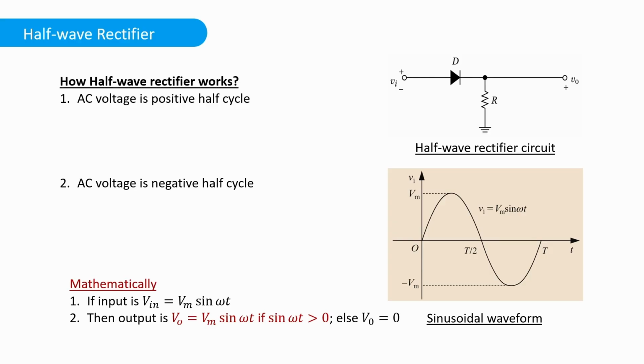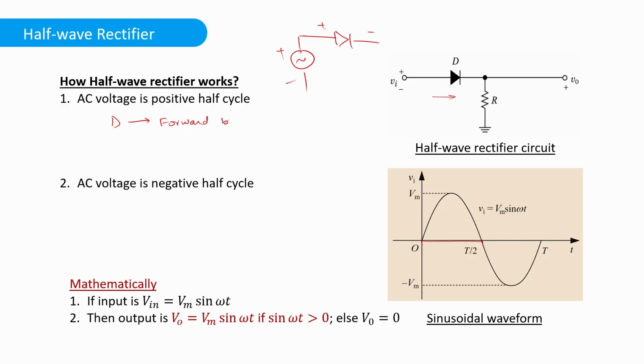So when we talk about AC input voltage, the source is drawn like this, plus minus, or you can see it over here. We have this input as AC. Okay, remember this. Previously I drew a battery source which was a DC battery source. Now this is an AC source. So when an input voltage, which is AC voltage, is applied to this diode, what happens is that in this positive half cycle, which is from 0 to T/2, we will have this diode in forward bias condition. So when the AC voltage is in the positive half cycle, the diode is in